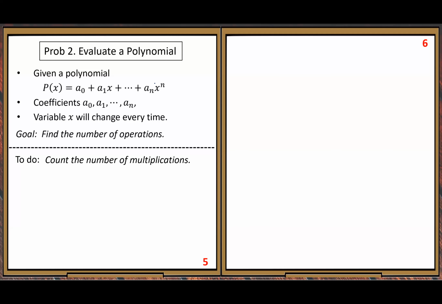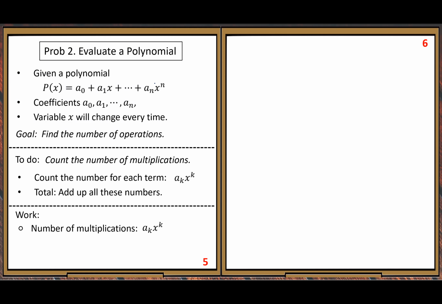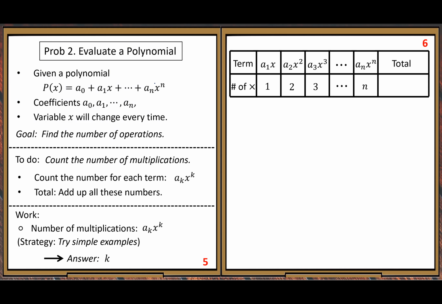We need to count the number of multiplications. We did part of it in the first half. Remember the general term, the representative, we count the number of multiplications for the general term. Yeah, that's K multiplications. But here we need to add up multiplications from all the terms. Okay, let's do the work. Because this part we already did. The answer is K. Okay. So then